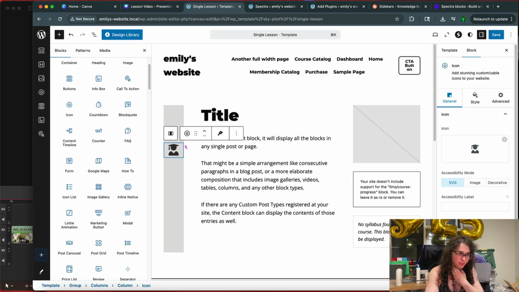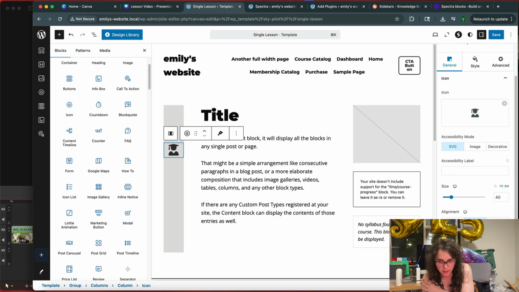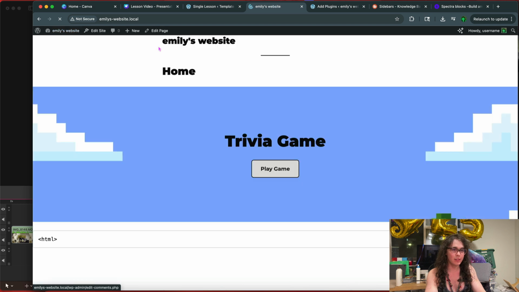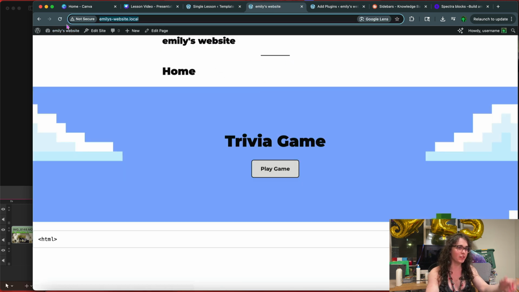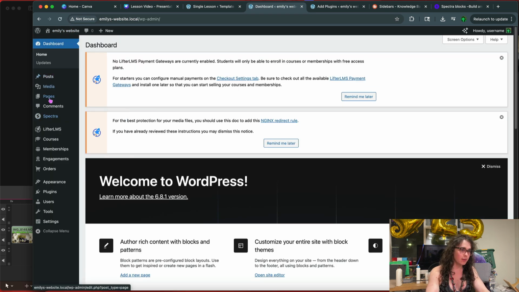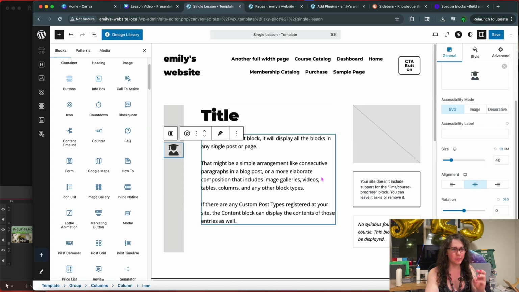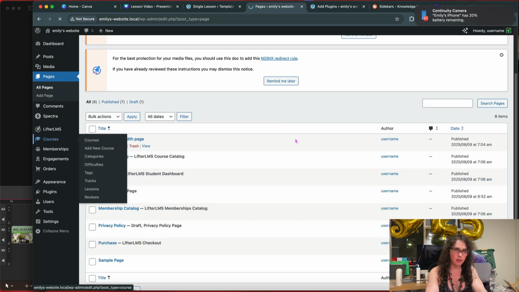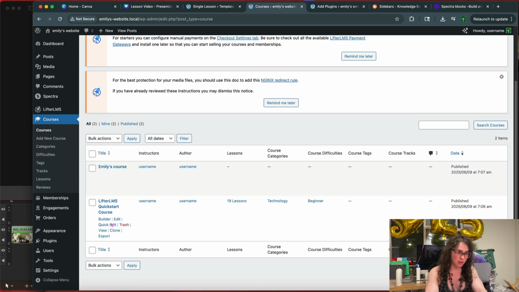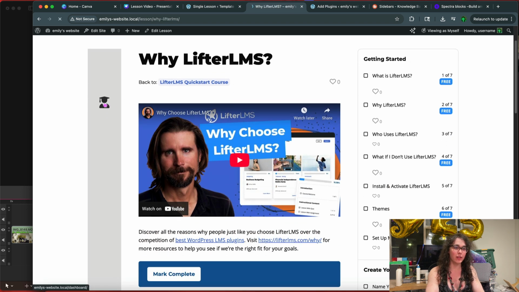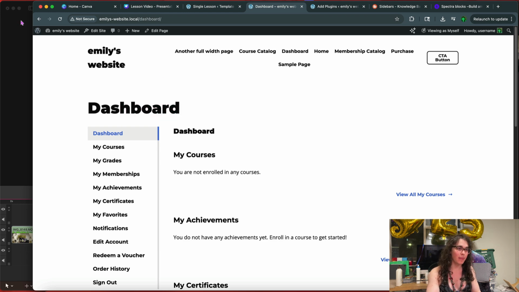Graduate icon. And over here on the right side, we can have a link on this icon. The link, maybe we imagine it's to the LifterLMS student dashboard. This is a horrible layout. We'll fix that in a future tutorial, but dashboard, we'll copy the link to our dashboard. We can drop it in so that when students are on a lesson that is using the, so we're on a course, we can design a template for the course as well, but we go into a lesson and we have our little icon. If we click the icon, it takes us to the student dashboard because we linked up